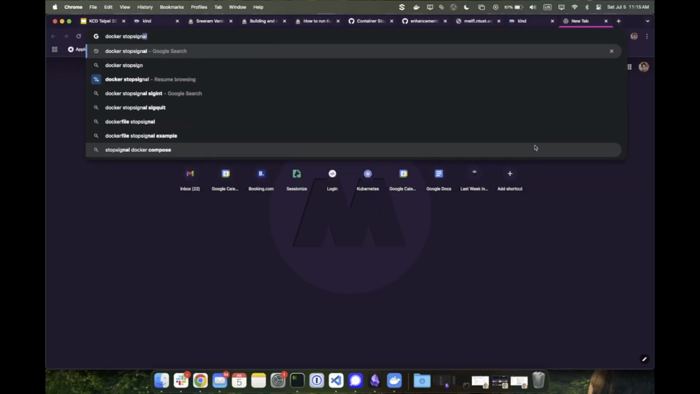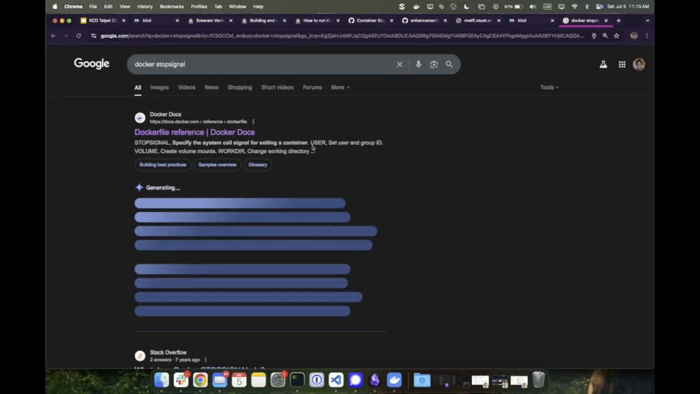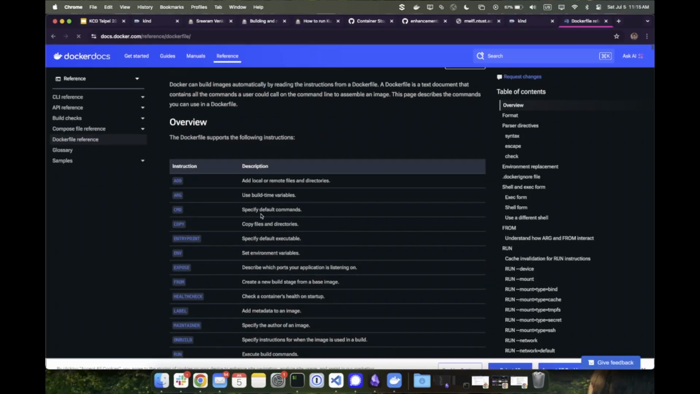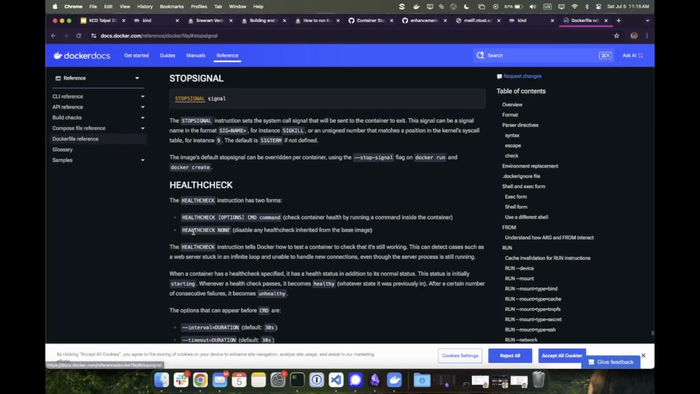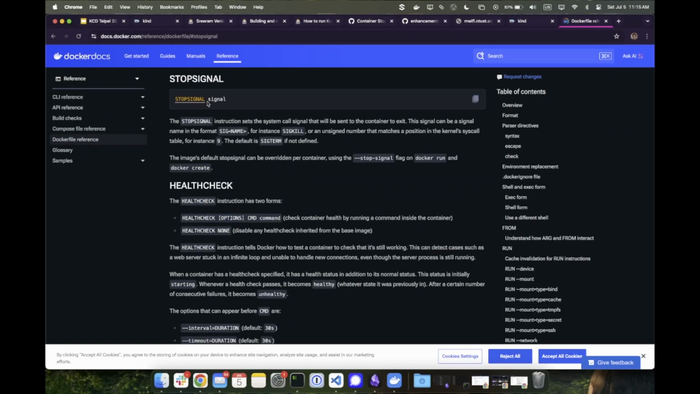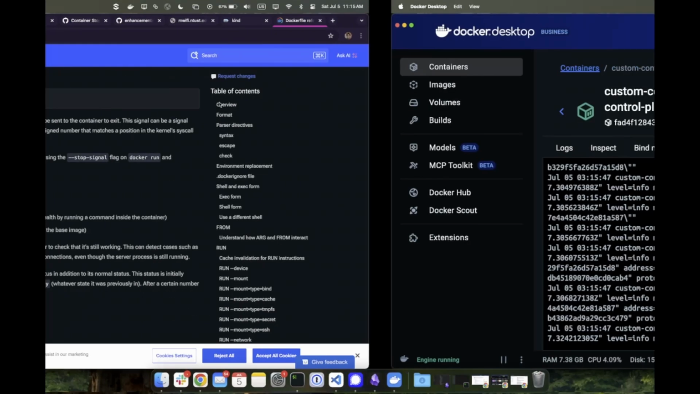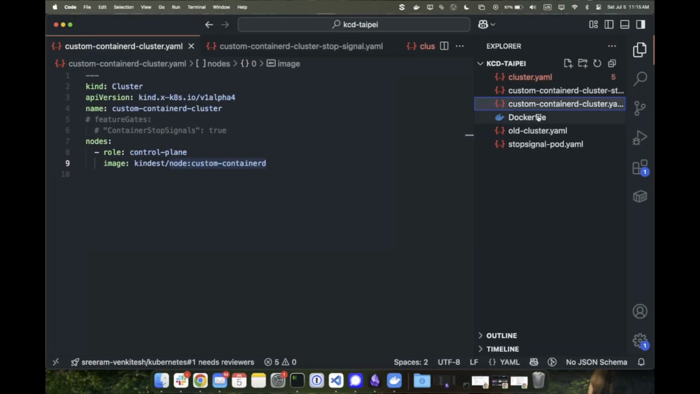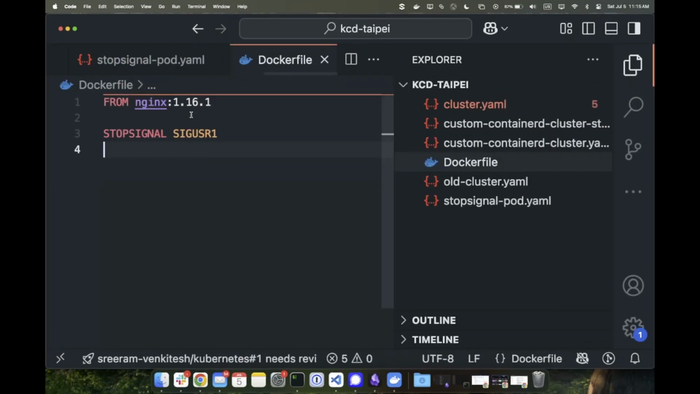So if I search for StopSignal, we have an instruction called StopSignal, with which you can define a signal that will be sent to the container when the container is terminated. So this would look something like this. If you want Nginx, the default StopSignal for Nginx would be SIGTERM, and when you kill the pod,